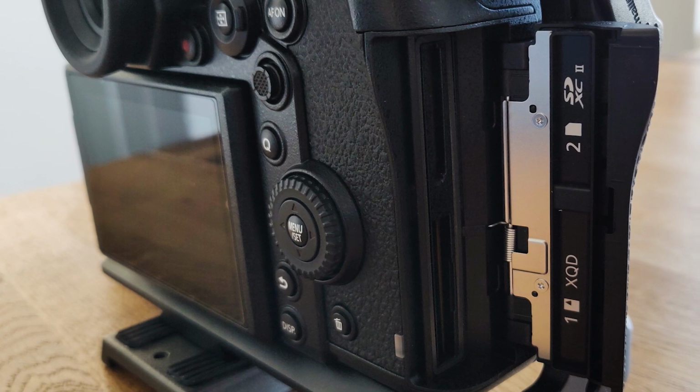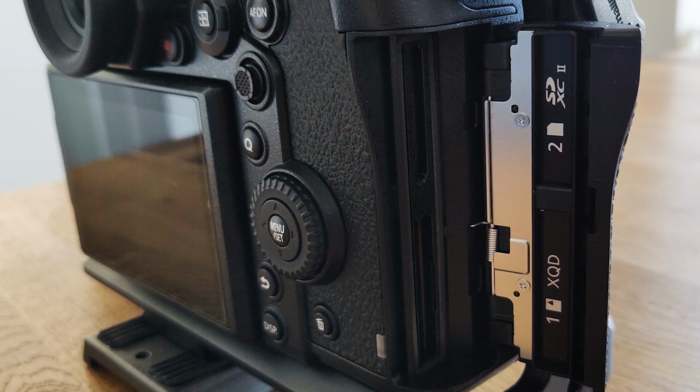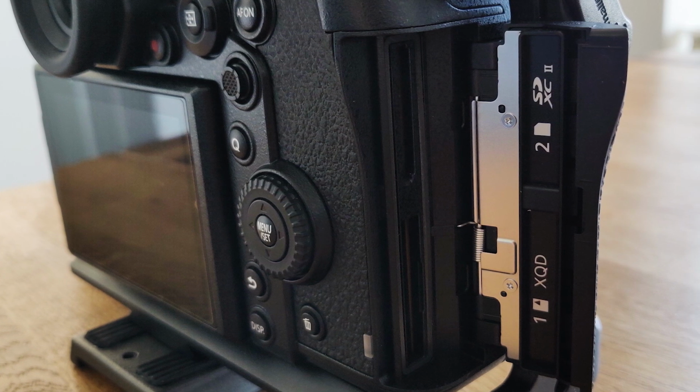So it does have one SD card port, and it also has the XQD card ports. For me, I wish it either had 2 XQD or 2 SD cards. The fact it's one and the other means that it's an extra thing that I have to purchase. An XQD is expensive. But for me it's just a bit of a fart around trying to have 2 different